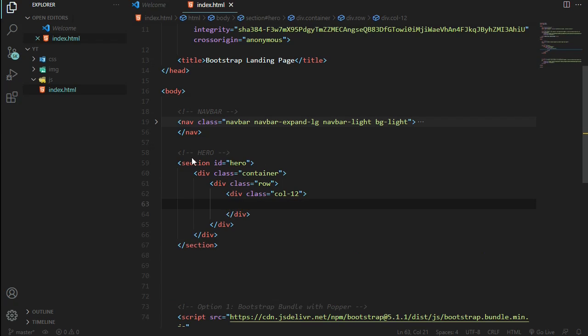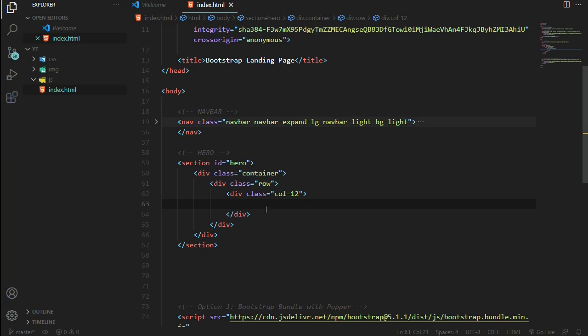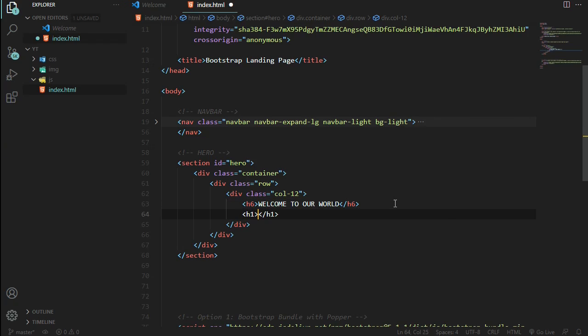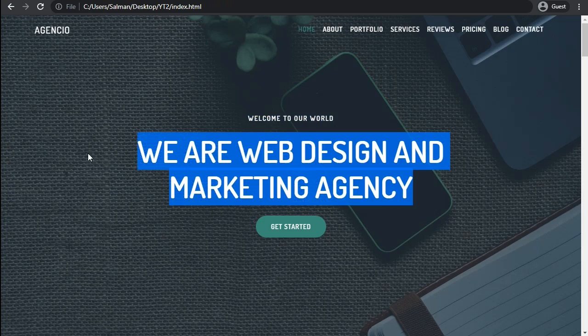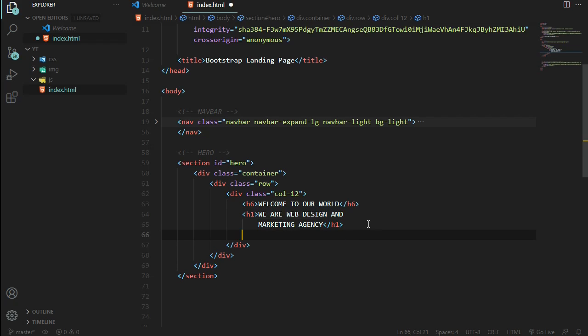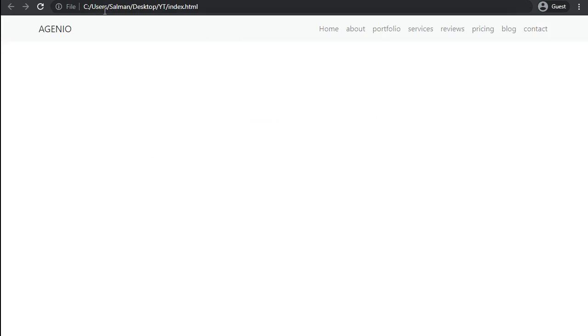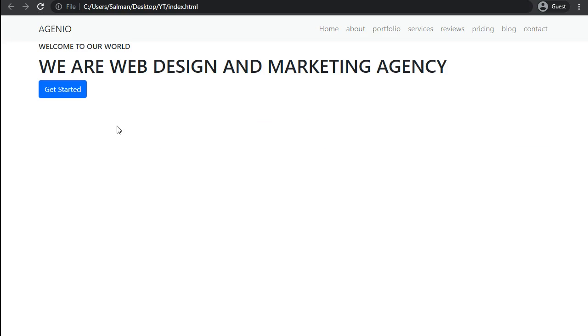I'm going to copy this text. This will be h1. I'm going to paste it here. Then I'm going to create a heading tag, copy this text, and paste it here, and then create a button. Class will be btn btn-primary. Let me refresh the page now. So we have this